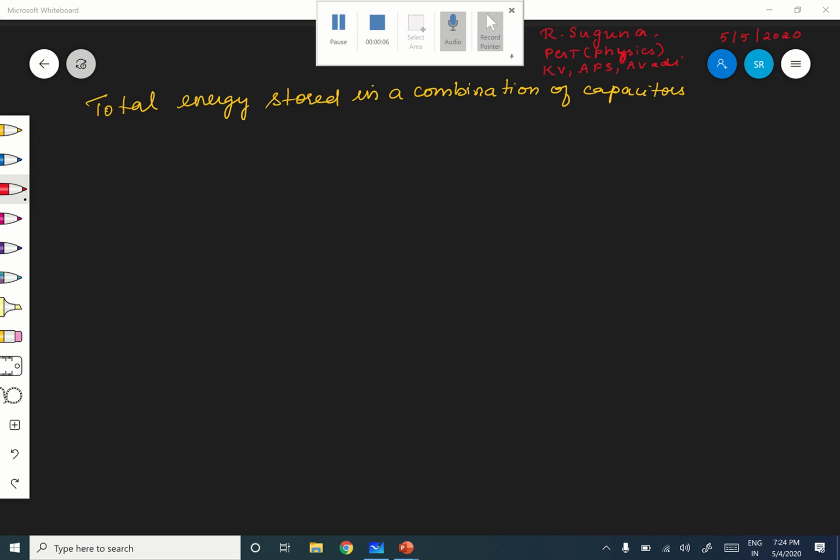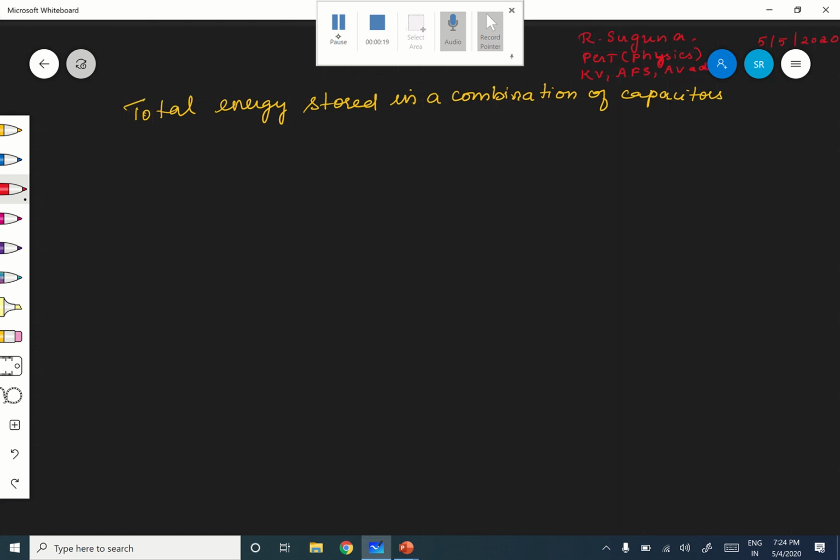And today's first topic is total energy stored in a combination of capacitors. Actually, in the previous class, we have seen the expression for the energy stored in a capacitor. Now we are going to see that one. Already we have seen energy stored in a capacitor